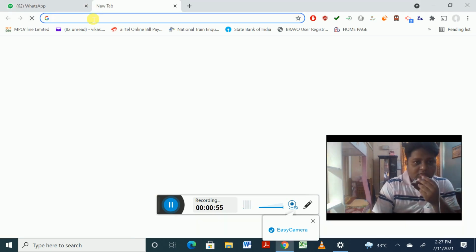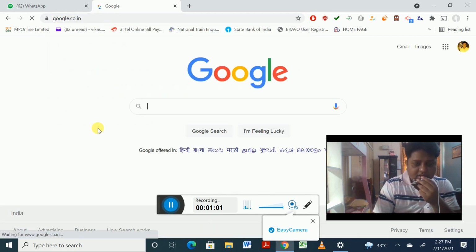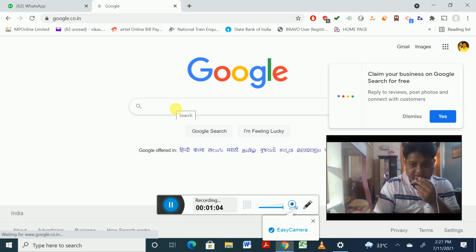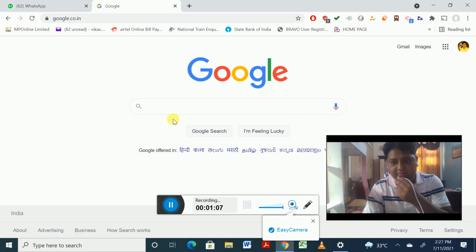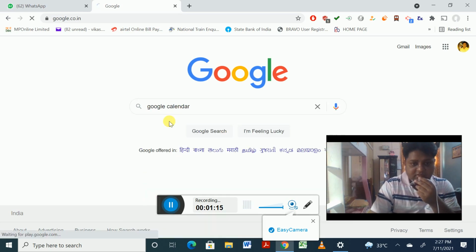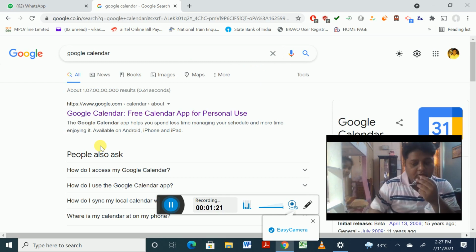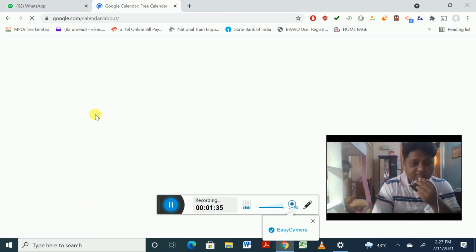Just go to Google. It's pretty easy to work. In Google, you just type calendar. Please remember, you're using Google Meet, but you need to go to Google Calendar. Why are you using Google Calendar? Because Google Calendar makes the schedule of all your classes, all your meetings, everything. So from Google Calendar you will be using Google Meet, remember. So we are going to Google Calendar. Just click on the first link of Google Calendar,